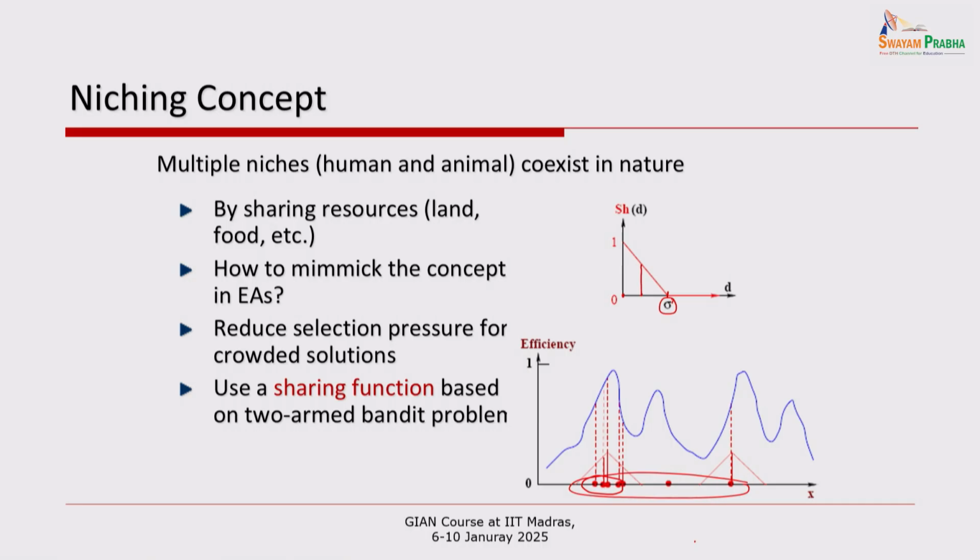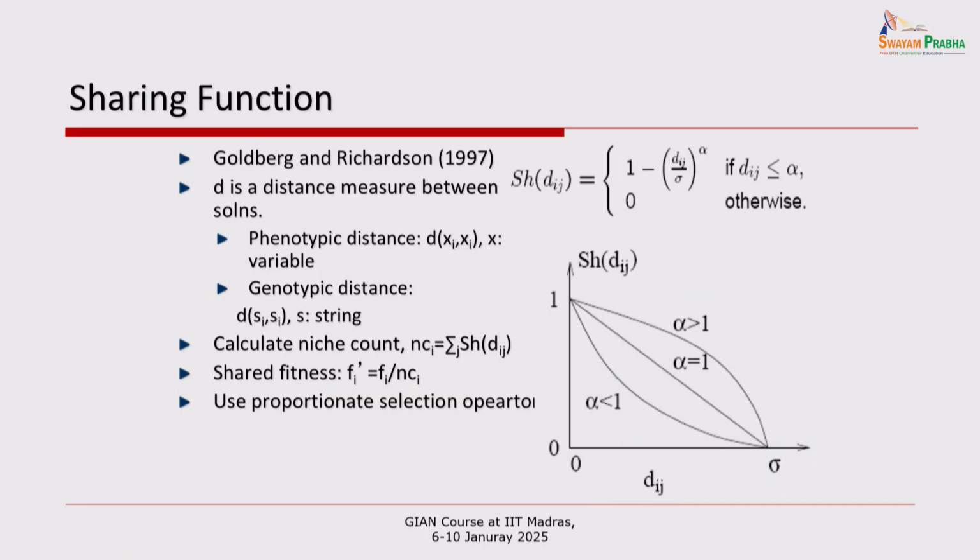So Goldberg's idea was that we first identify in my population who are similar, and they have to share their fitnesses, and others that are similar have to share their own fitnesses. And he defined this sharing function. You could have different versions of it, but that's okay. The way it works is that you sum up this sharing function value for all your neighboring points. So you get an idea called niche count. It basically says how many individuals are around you in the population. You then divide your fitness by that number, you get a shared fitness value, and with that shared fitness value